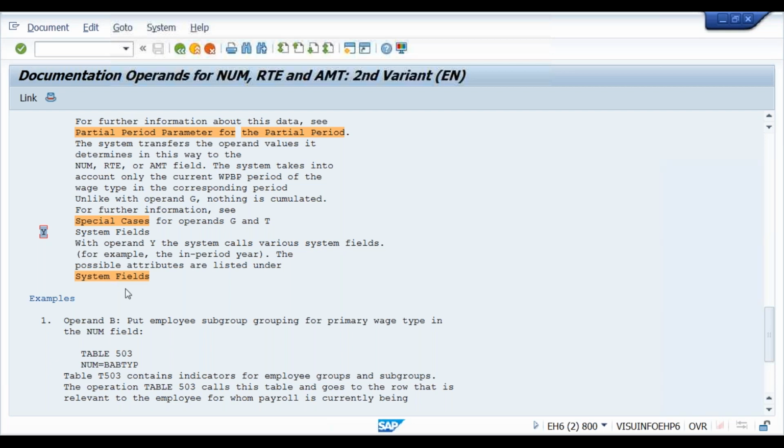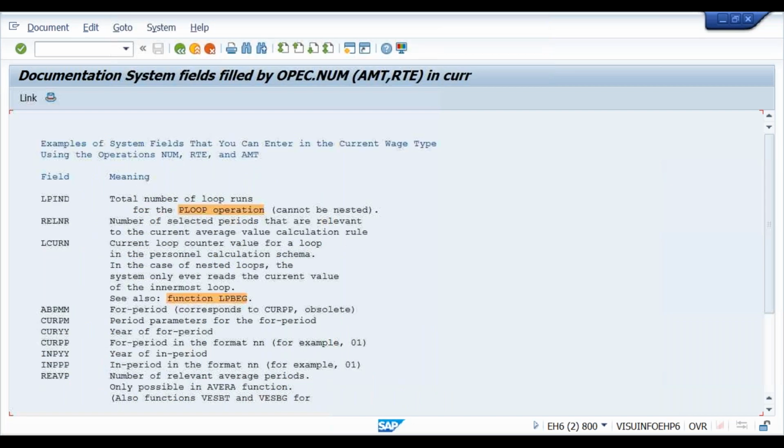It is basically number equal to y, that's what you need to find out, and then the remaining five digits. Here you see current year, CURYY, and then CURPP for period in the format NN, or ABPMM also you can use, but this is absolute.